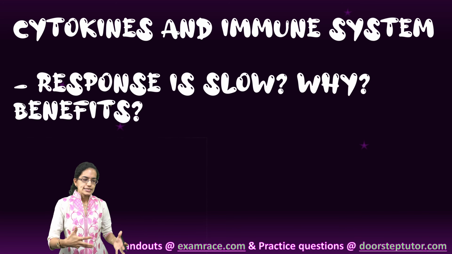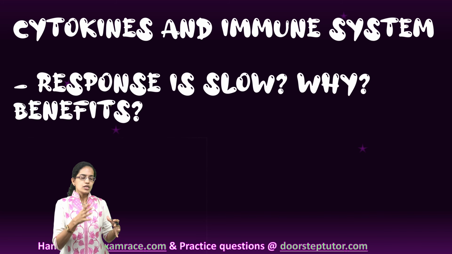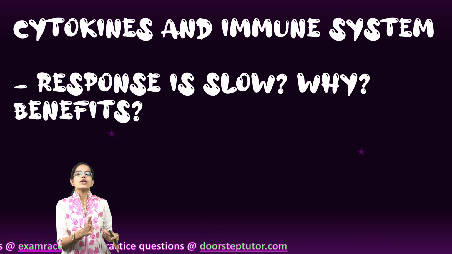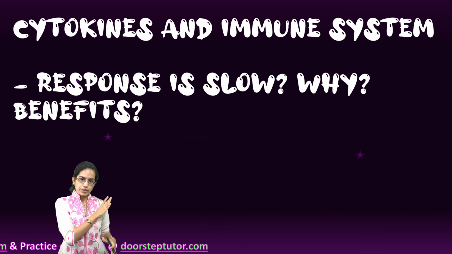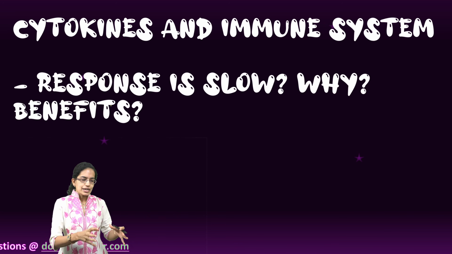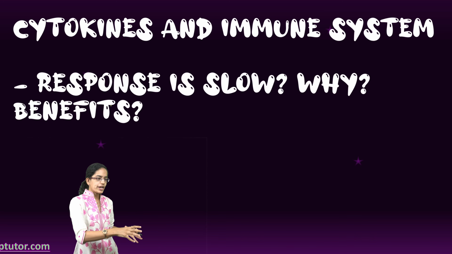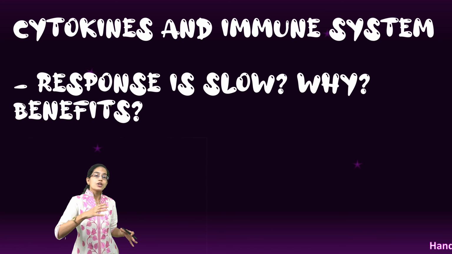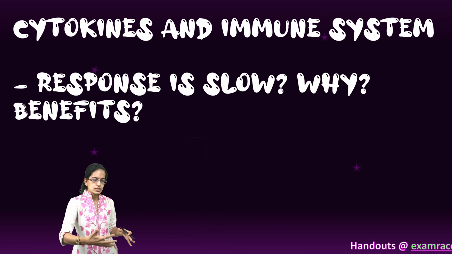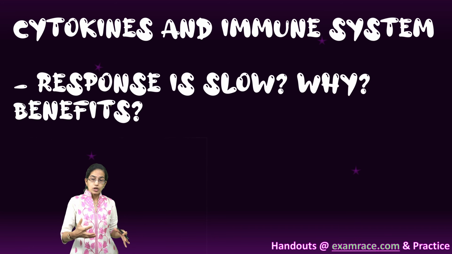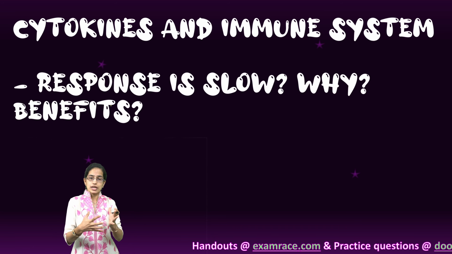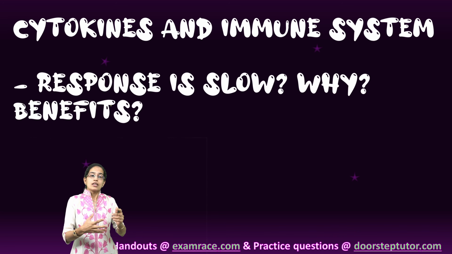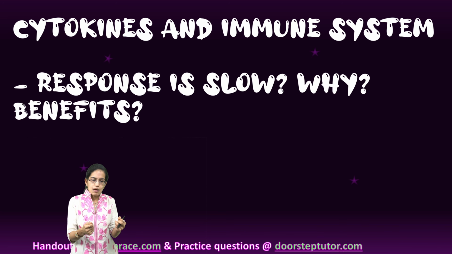Now, why do I say slow response? Because this slow response would avoid any collateral damage to the body, and it would avoid cases of rapid immune system generation, because if a lot of cytokines are generated together, the immune system would act rapidly,